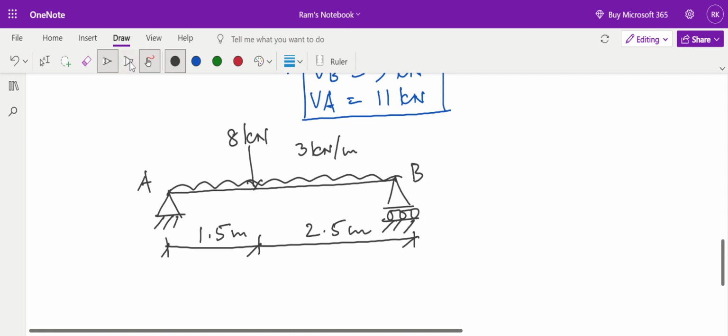So I have just determined the reactions and I am representing these reactions, that this HA is equal to 0 kilonewton, this VA is equal to 11 kilonewton, and this VB is equal to 9 kilonewton. So all the forces in this structure are determined. A, B, and this point, I have considered this point as C point. So A, B, C are the 3 points. Now, my friends, we are using method of sections for plotting SFD and BMD. Though this method seems to be somewhat lengthy